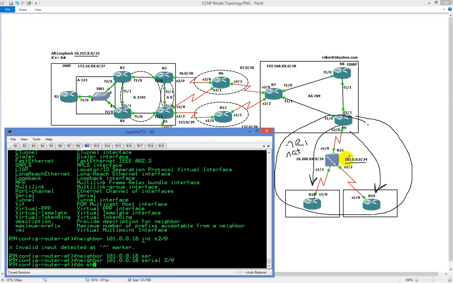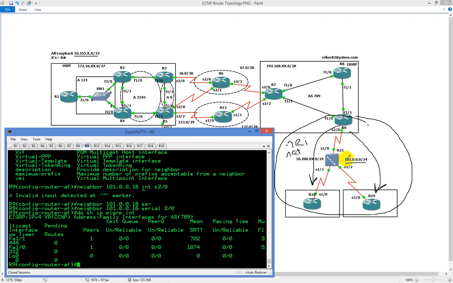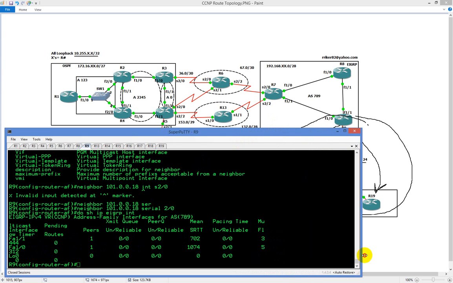So we type in do show ip eigrp interfaces. Even if you see right here, it's not actually going across. On our interfaces here, we don't have serial 2/0 enabled. So if we were to expand this out just a little bit here, and bring this down,